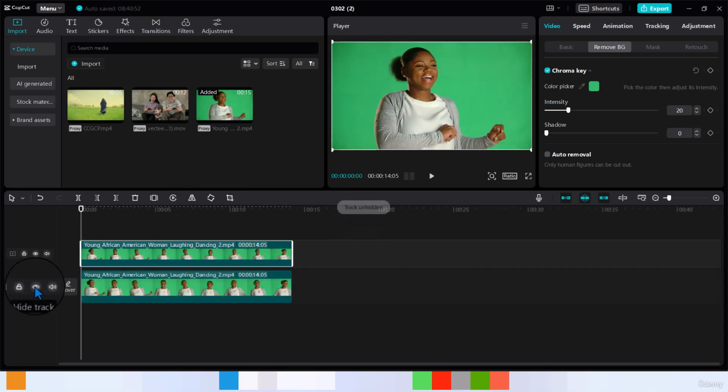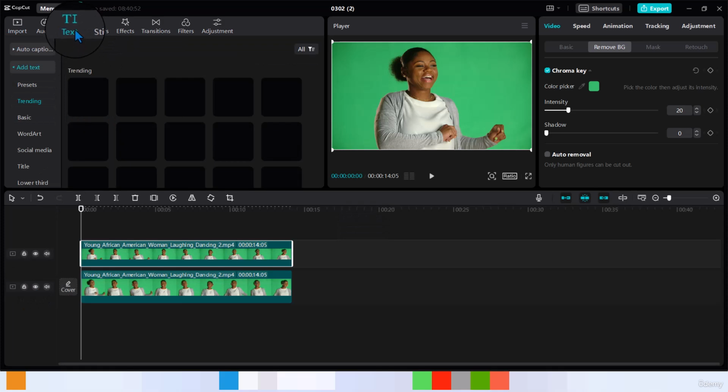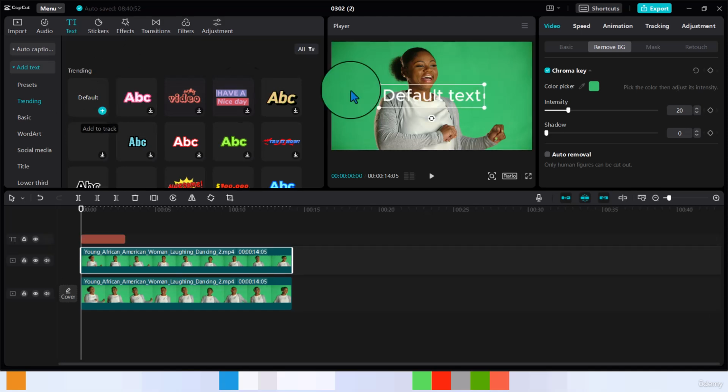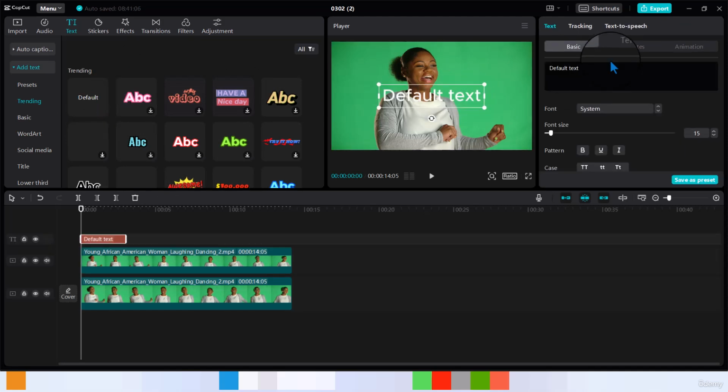The next step is to bring in our text, right? So I'm just going to click on text, default text, and hit that. For the default text, I'm going to do Ctrl A to highlight all, and type: